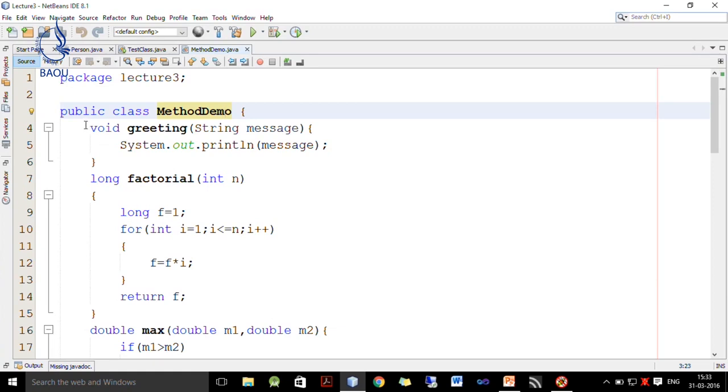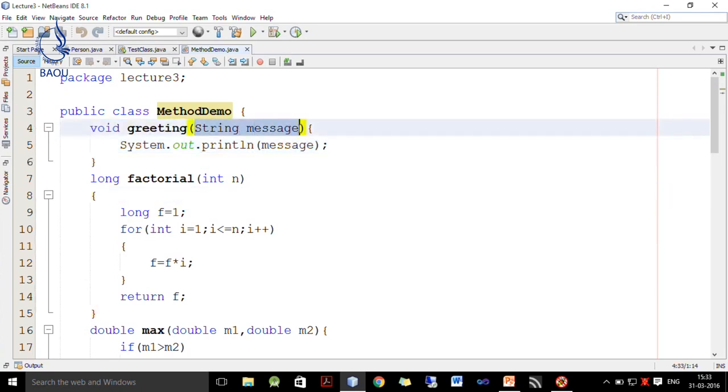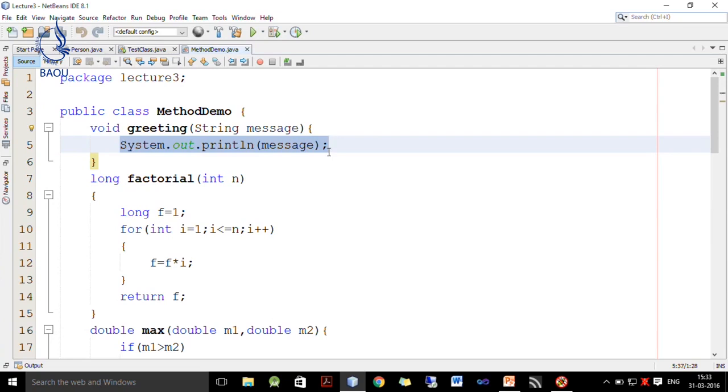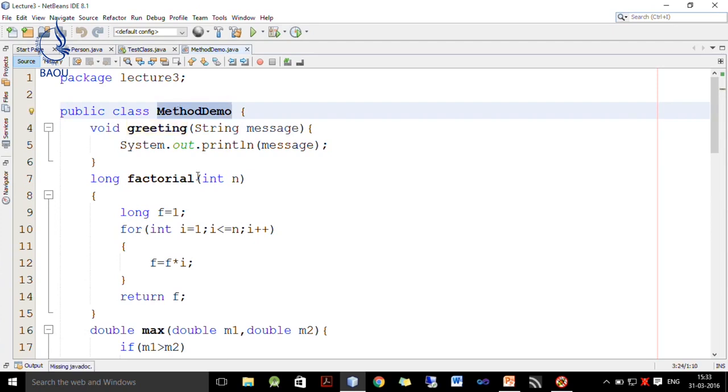So, inside MethodDemo, first I define this method which takes a string argument or parameter message and it returns nothing. Inside this greeting method, I just display this message passed by the user for display purpose, so there is no need to return anything. So, I simply write System.out.println and whatever message we want to display. Whenever I call this greeting method using the MethodDemo object, I need to pass one string argument and it